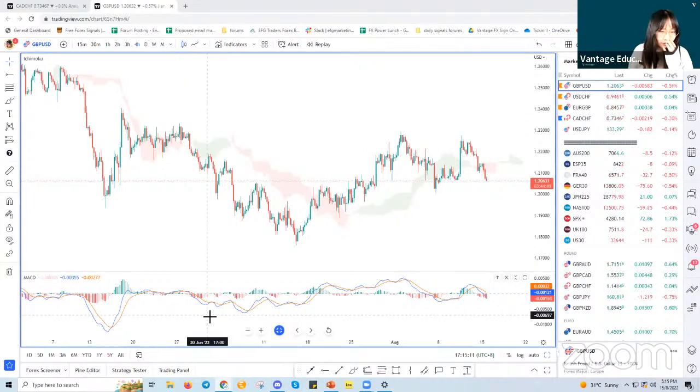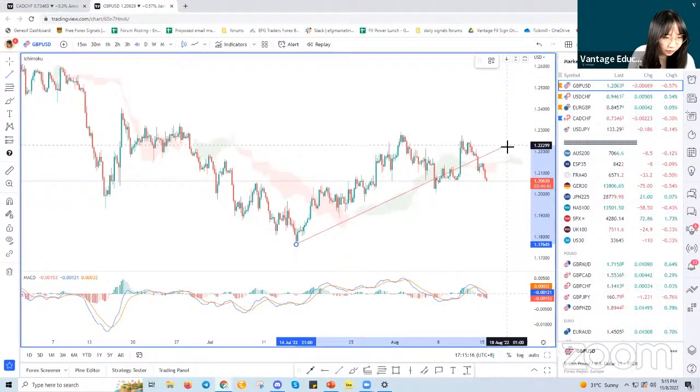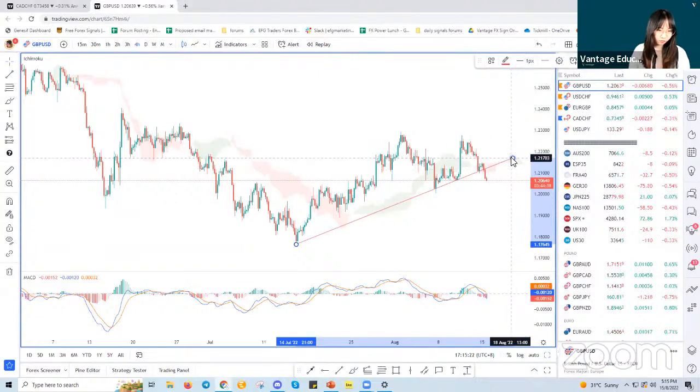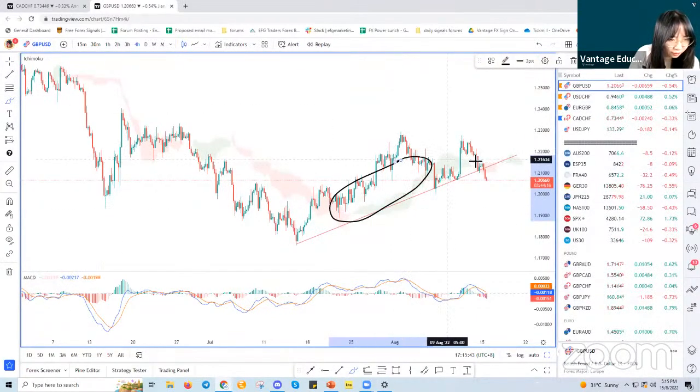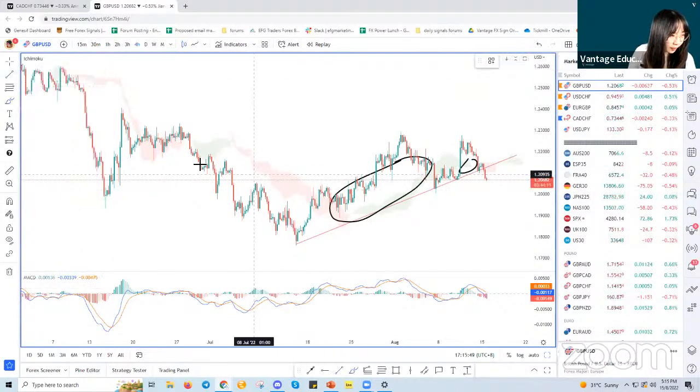Okay, we can start to find some trend line. For this trend line, I also think there is a short opportunity. Firstly, we try to find the trend line, but I think this trend line is not very good support because you can see here the space is a little big. So a good trend line should be here, like